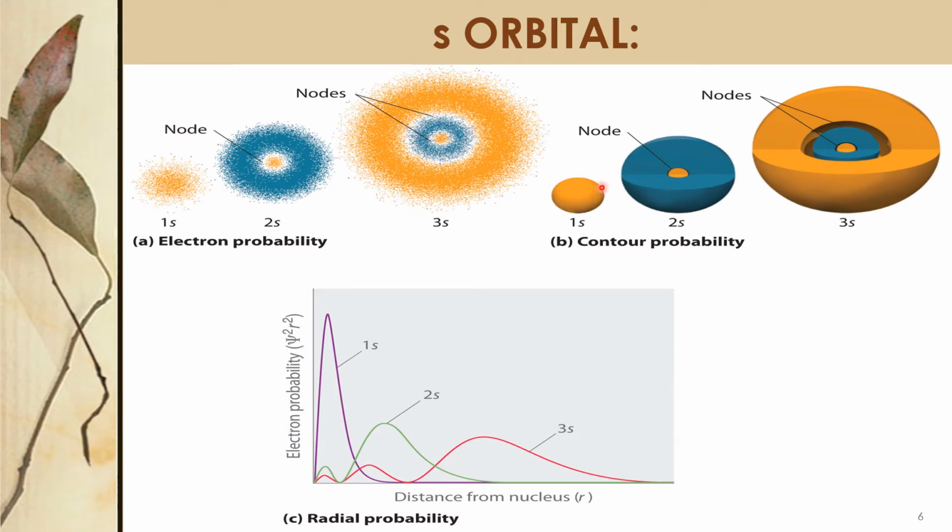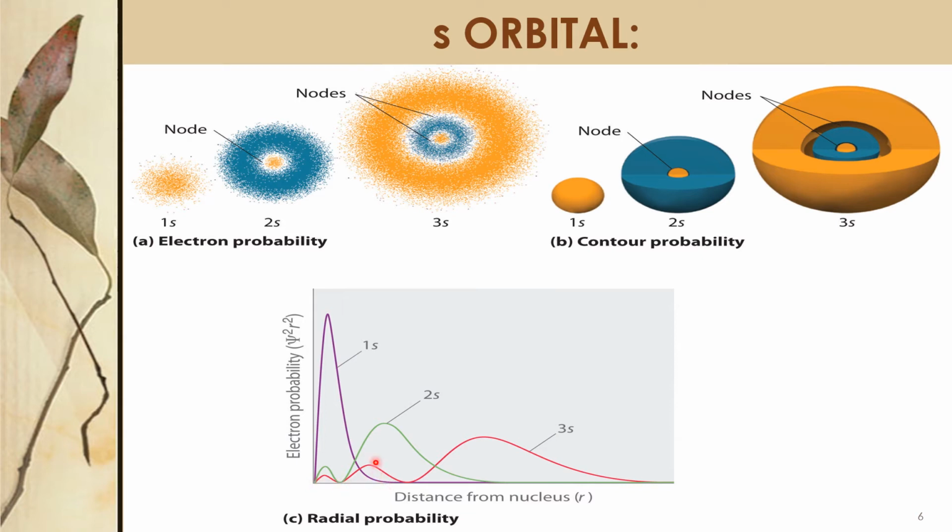And this is done on the basis of what? A graphical representation: psi square versus the distance from the nucleus, r. You see this graph. So the electron availability is maximum here. This is called the availability of the electron. And this is the node where the electron is not available for 1s.